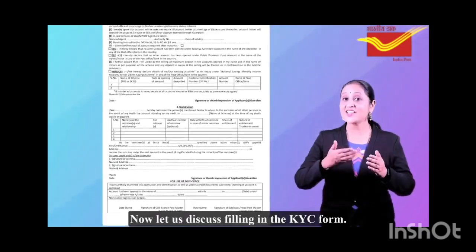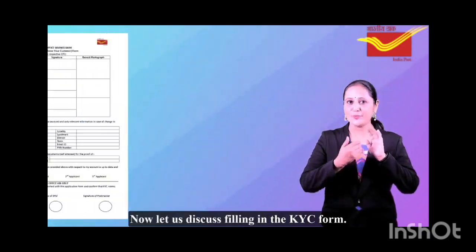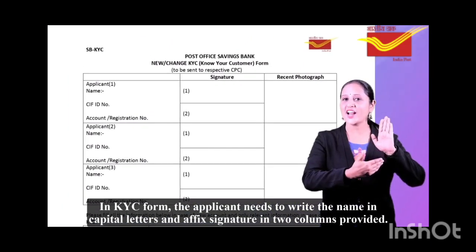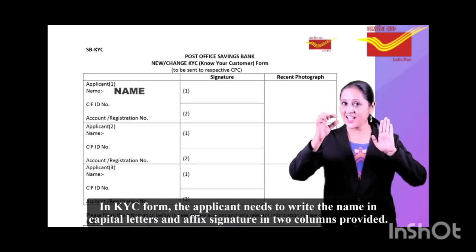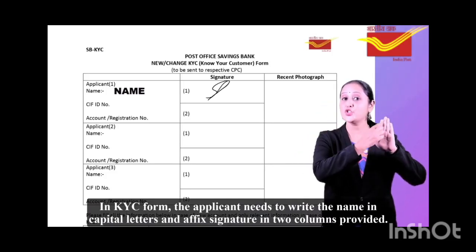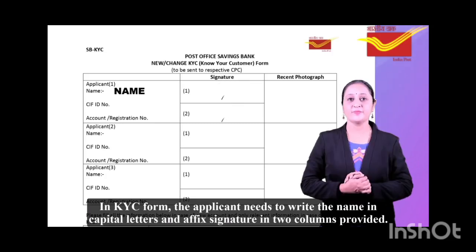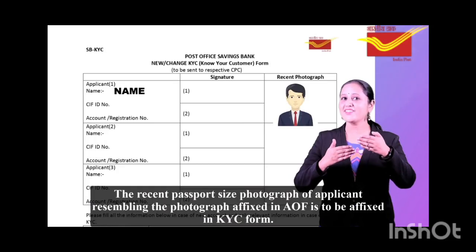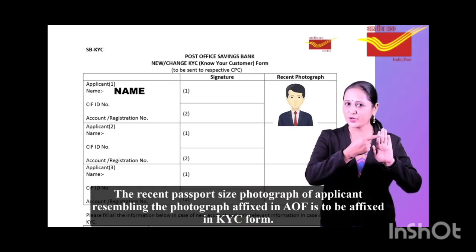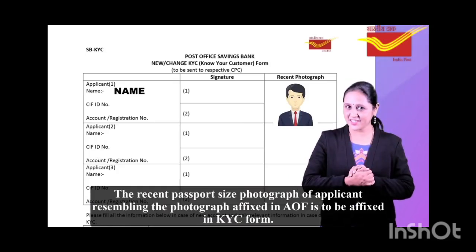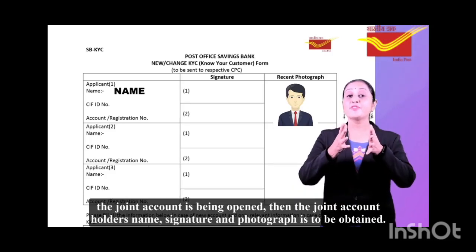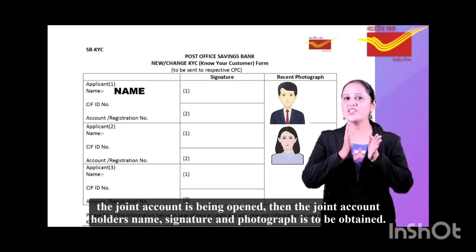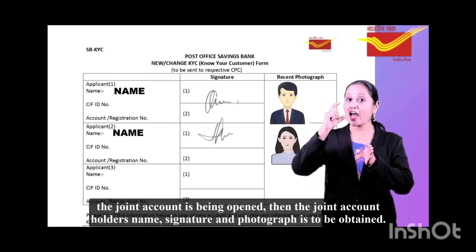Now let us discuss filling in the KYC form. In KYC form, the applicant needs to write the name in capital letters and affix signature in 2 columns provided. The recent passport size photograph of applicant resembling the photograph affixed in the account opening form is to be affixed in the KYC form. If the joint account is being opened, then the joint account holder's name, signature and photograph